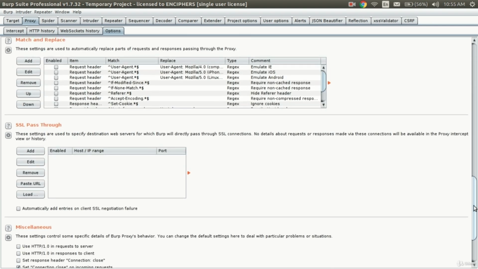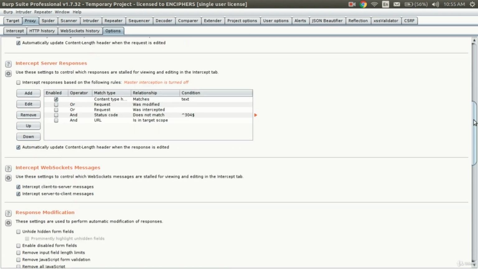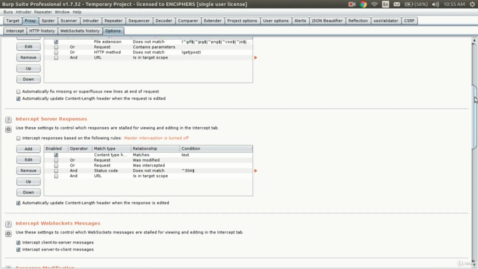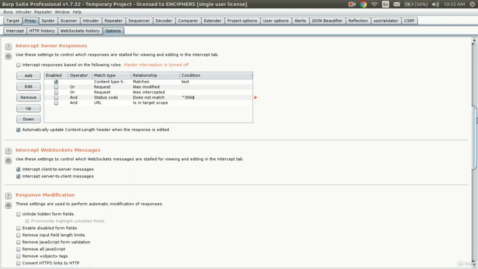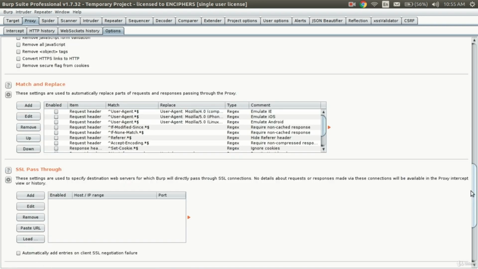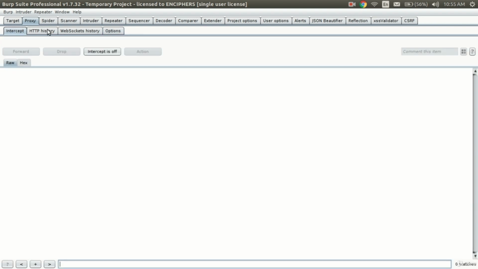There are so many things, but the most important things you will find here are the option to intercept client requests and the option to intercept server responses. These are the only two things which you will use most of the time, and the intercept option will come in handy.